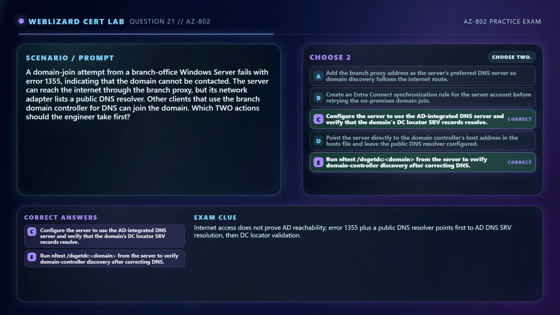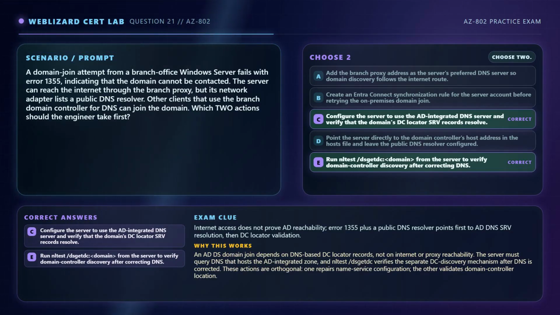Option C. Configure the server to use the AD integrated DNS server and verify that the domain's DC locator SRV records resolve. Option E. Run nltest /dsgetdc: from the server to verify domain controller discovery after correcting DNS. An AD DS domain join depends on DNS-based DC locator records, not on internet or proxy reachability. The server must query DNS that hosts the AD integrated zone, and nltest /dsgetdc verifies the separate DC discovery mechanism